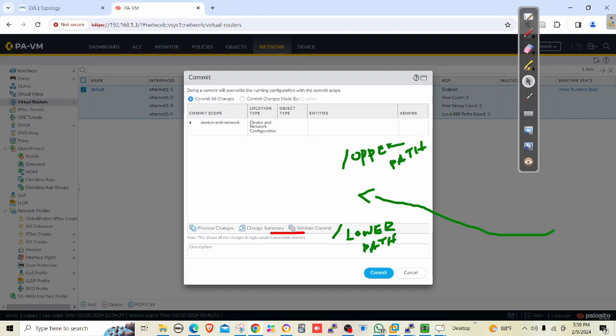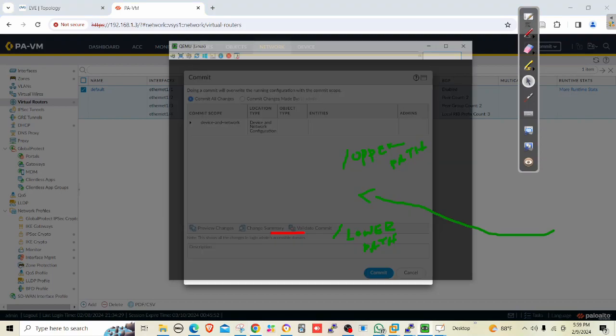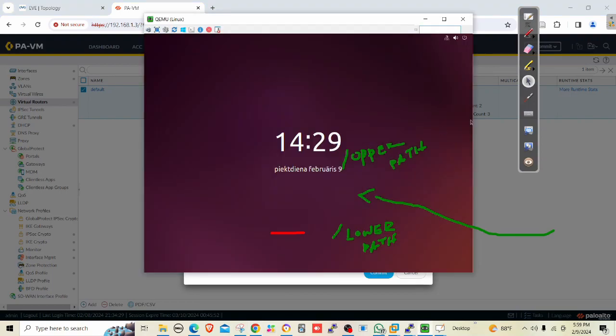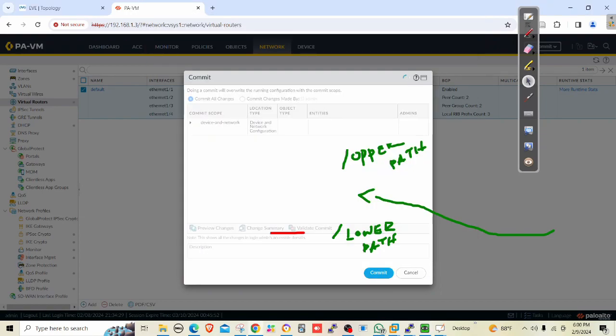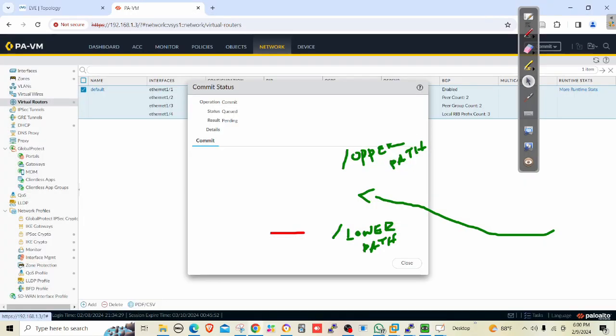And also I have to show you one thing that is important. The ping is now currently working, but once we change this, this ping is going to stop. I'll tell you the reason for that as well. See, currently ping is working, right? Okay, let me commit. We'll wait for the commit,